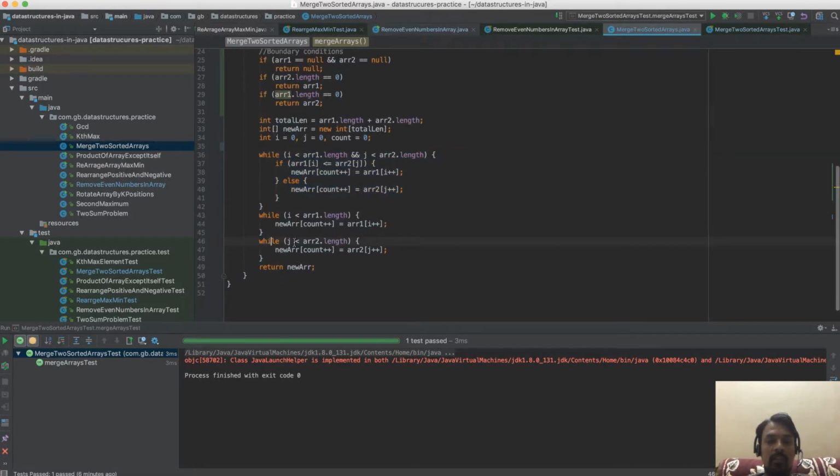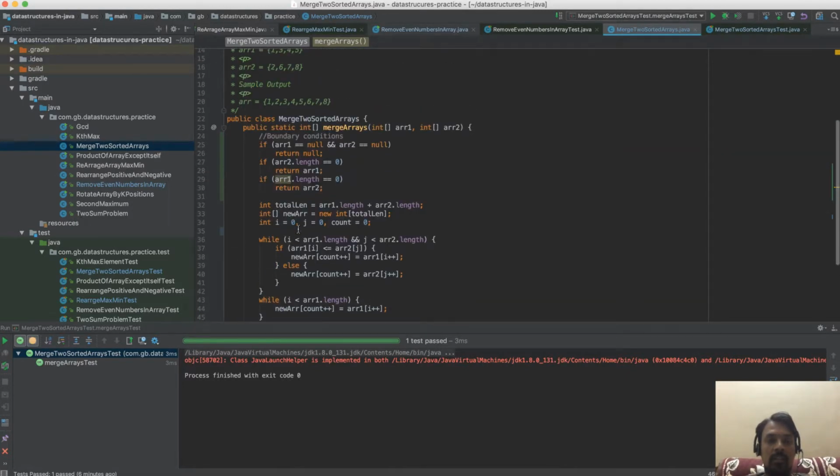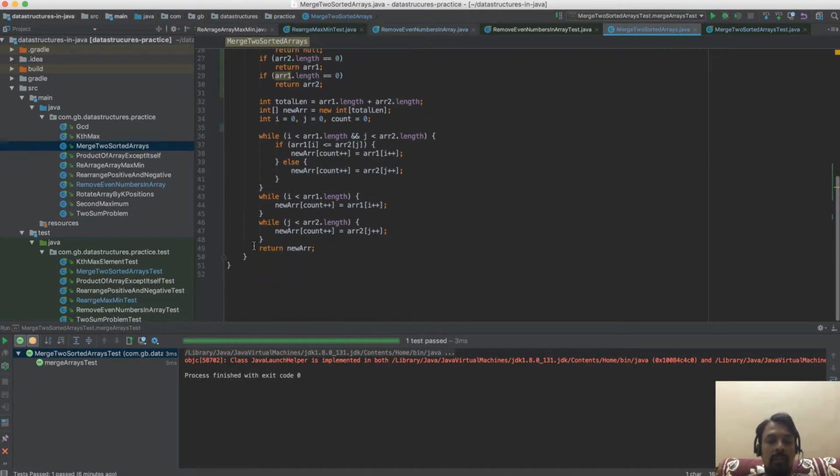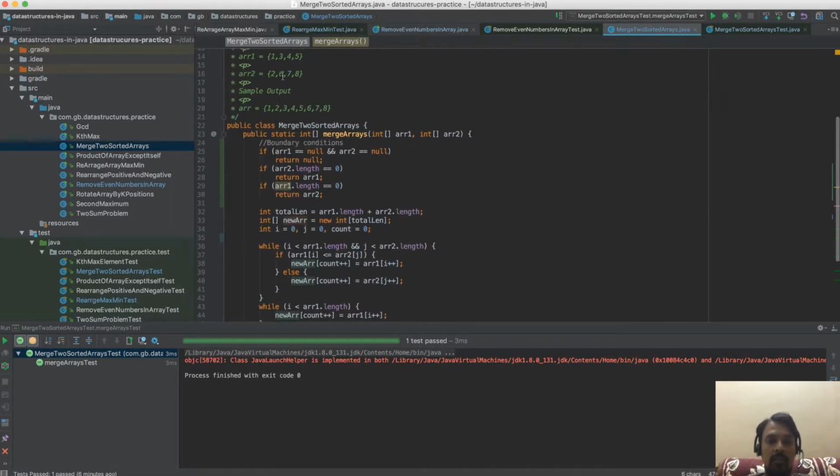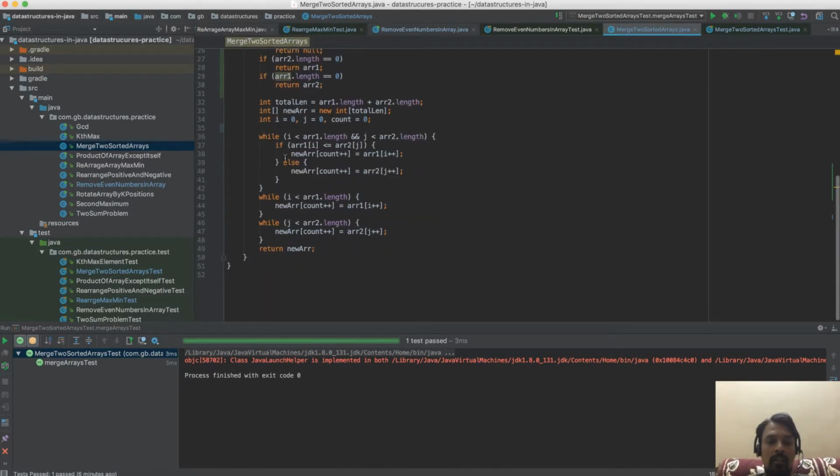It comes here. Since j is pointing to 6, which is less than the array length, which is 4, I will iterate through the second array and append all those elements from the second array to the resultant array. So finally, once the algorithm is done, it will append 6, 7, 8 to the new array and return the new array.